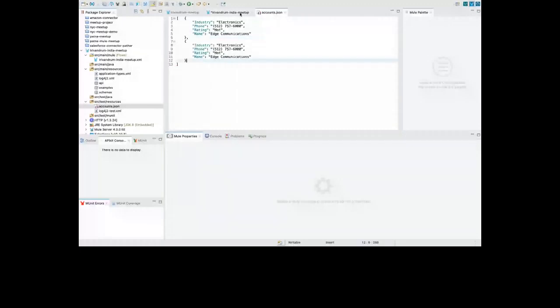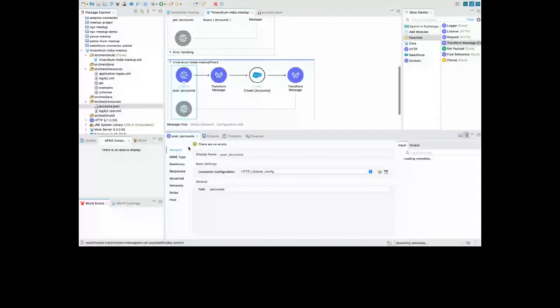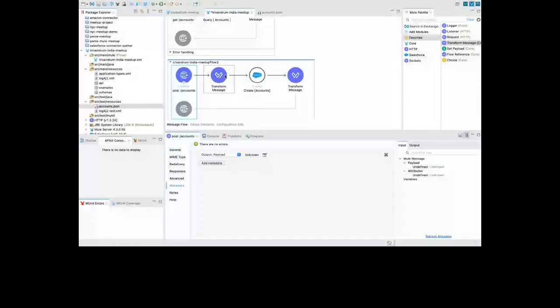Go to the listener again, and go to the metadata. Say add metadata. For the output payload, whatever is going to be the output of this element, click on edit, select accounts, and select JSON because this should be schema.